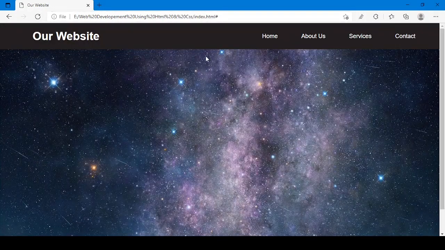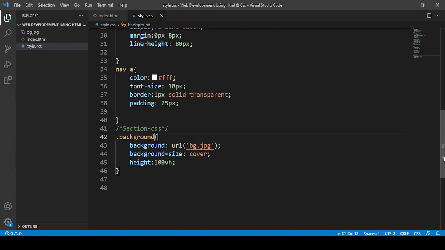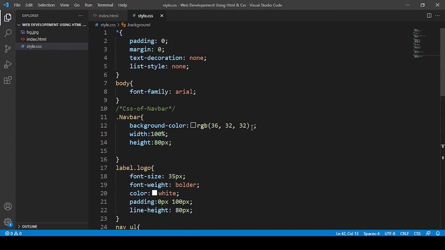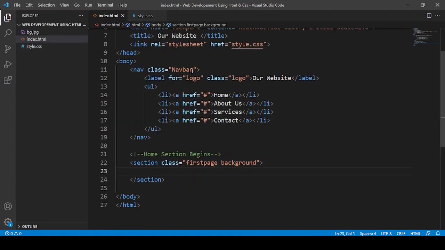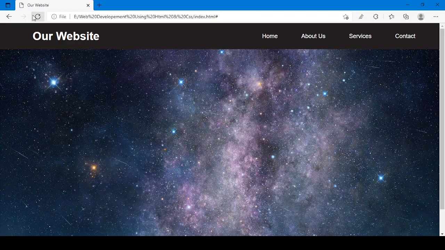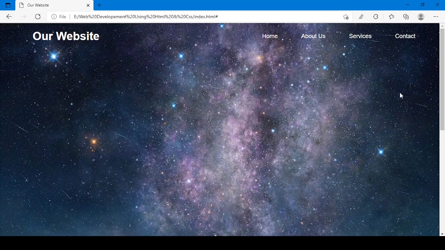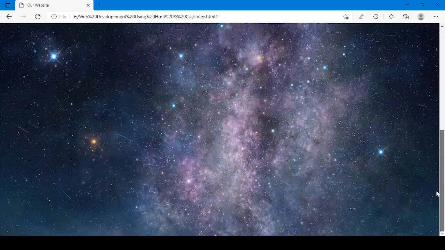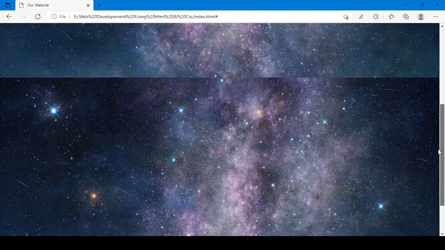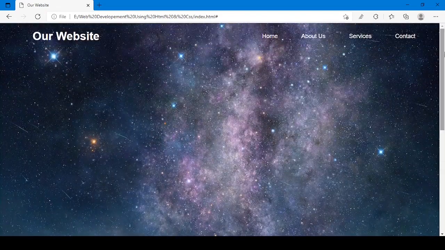So here, what if I remove this background color for the moment. I'm going to save it. And if I just fix this background and save it and reload, oh, see the magic. It looks awesome, really awesome.